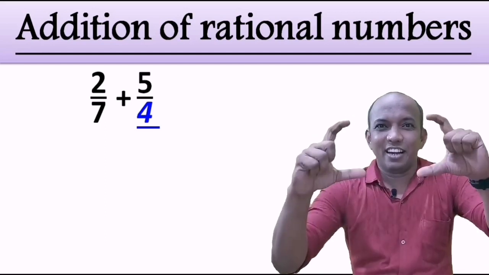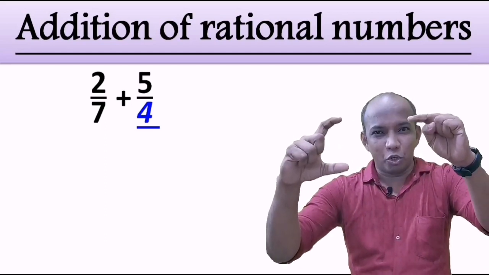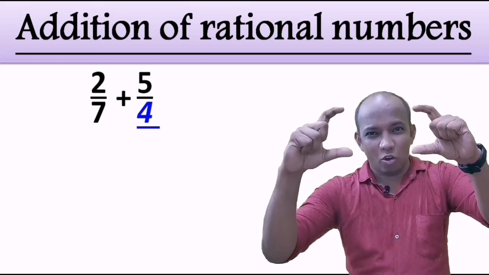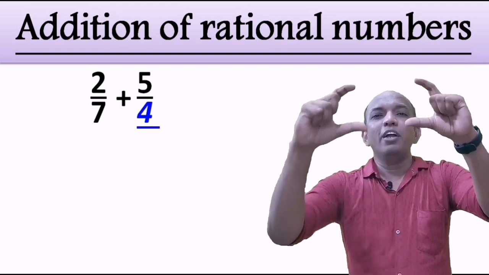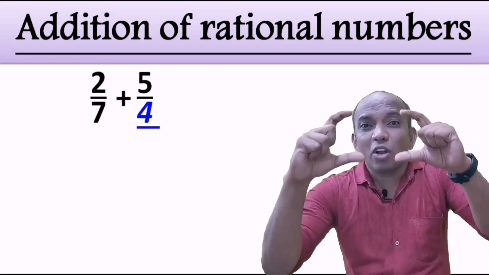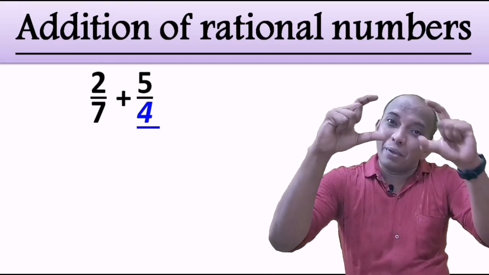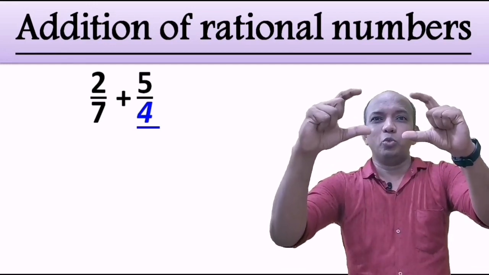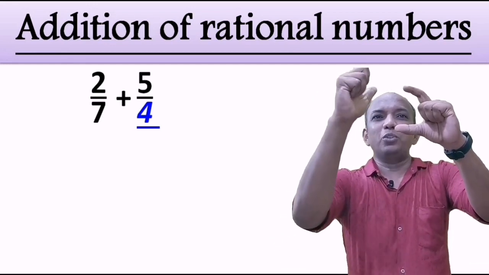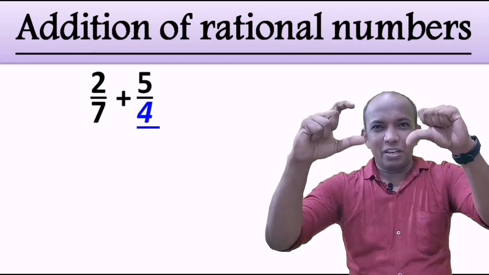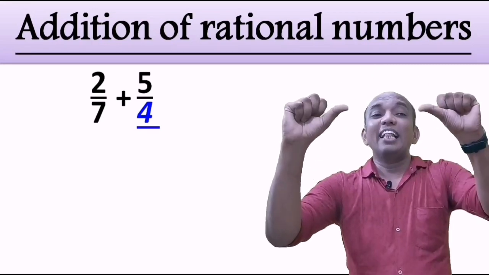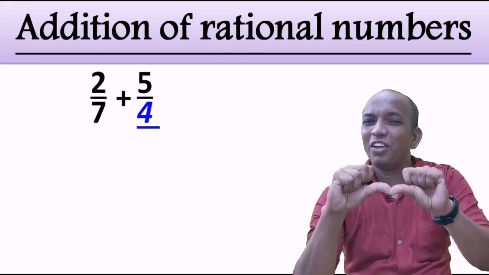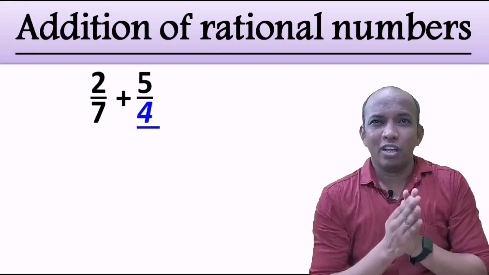Isn't it nice? Here are two fractions. This is the numerator and denominator of the first fraction. This is the numerator and denominator of the second fraction. Now if the bigger denominator is not coming in the smaller denominator's table, at that time we will do the thumb dance. What to do? This denominator into this numerator, this denominator into this numerator, and then multiplication of these two denominators, and in this way we are going to make the denominators equal.